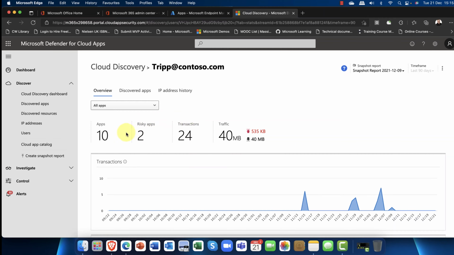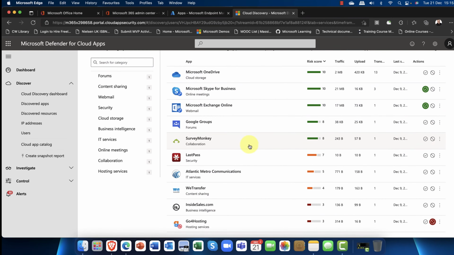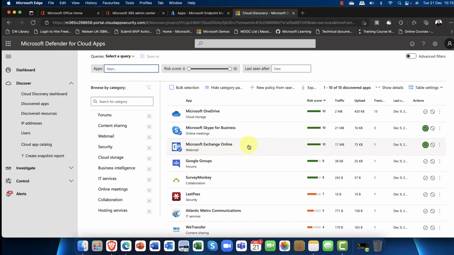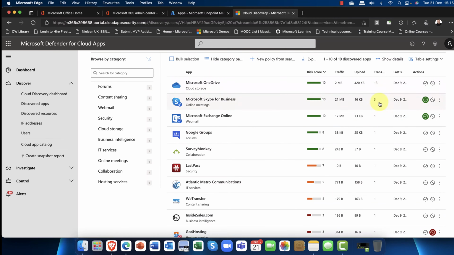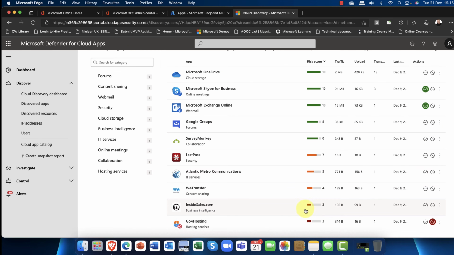Also, if I click onto discovered apps, it's showing me these 10 apps that the user has got on his phone. And as you can see, most of them are looking pretty good. However, as we get down through the list, you can see that the risk score is dramatically falling away. So you can see here I've got this app called